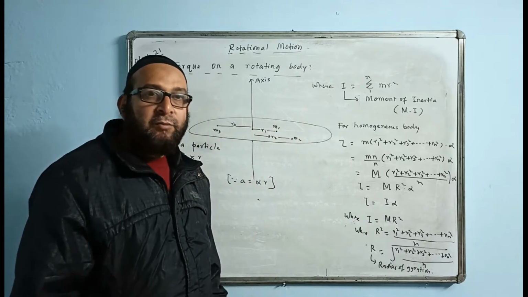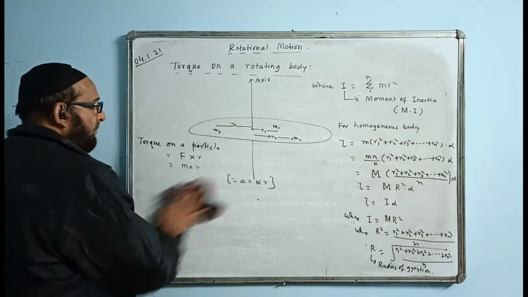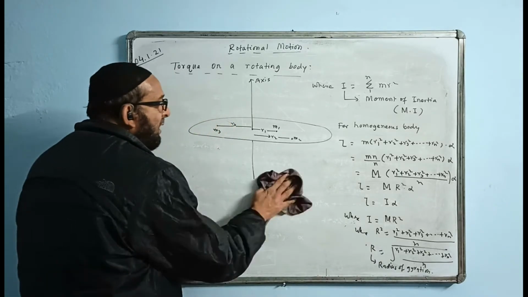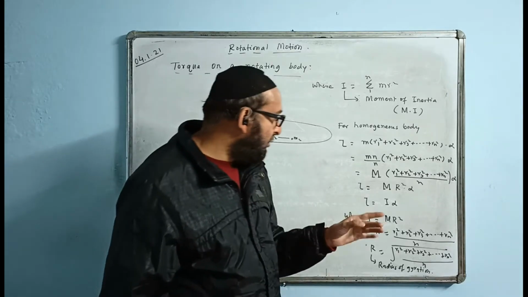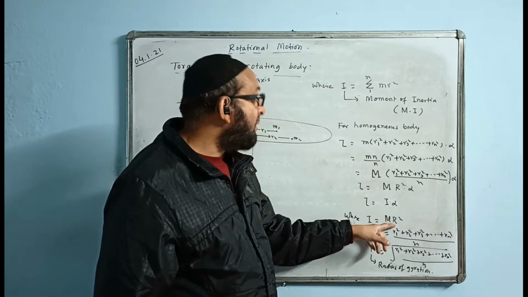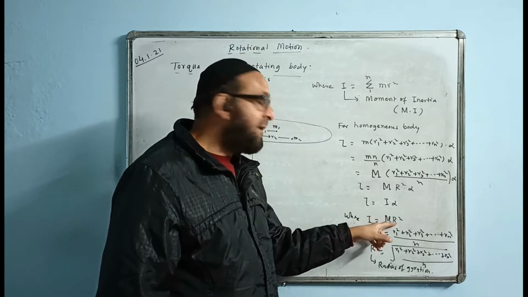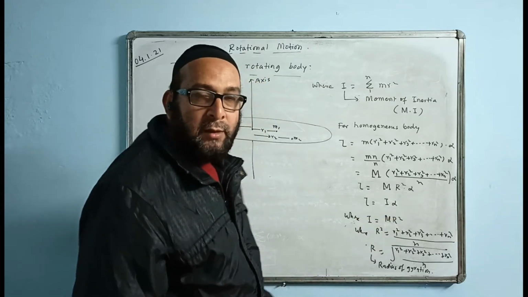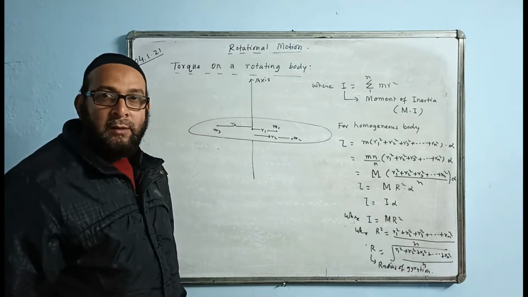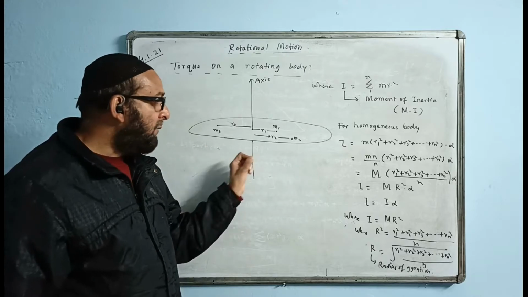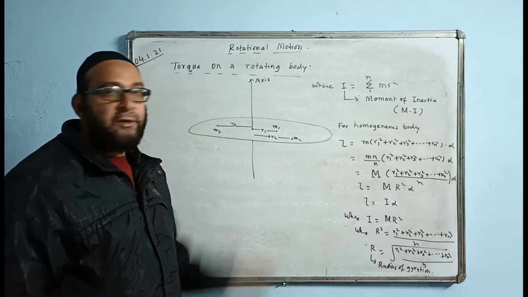Right now, the SI unit of moment of inertia is... you can see the formula from there, you can decide. Either the formula is M R square or small m small r square. The moment of inertia unit is kg meter square. Kg multiplied by meter square. Not divide, kg meter square. Kg meter square is the SI unit of moment of inertia.